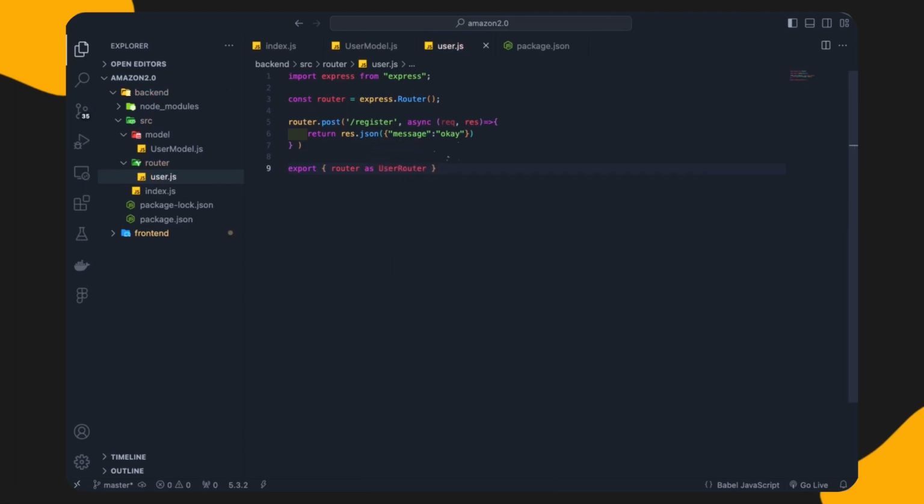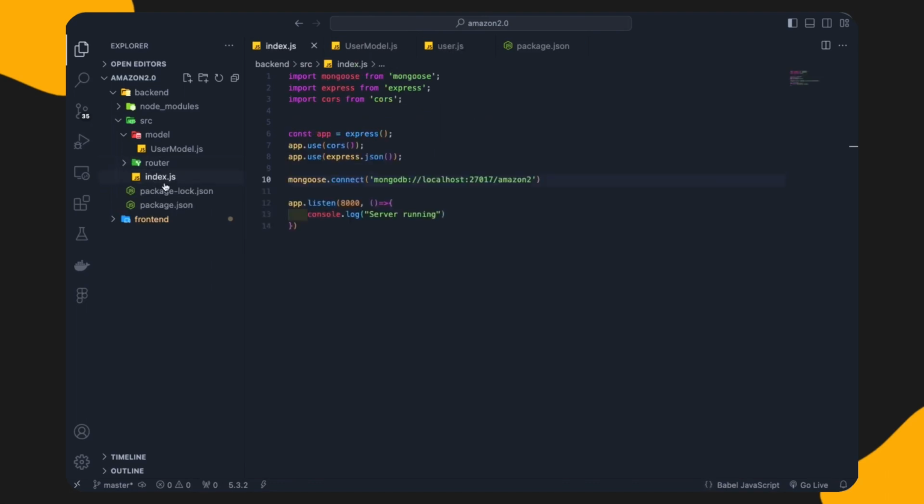Okay, and simply I will save it. And where I need to use this one, so this user.js we have created in router, we need to use it inside index.js. So in index.js I will write